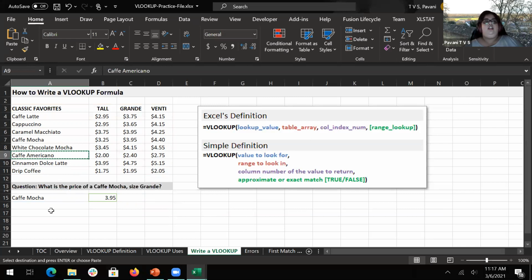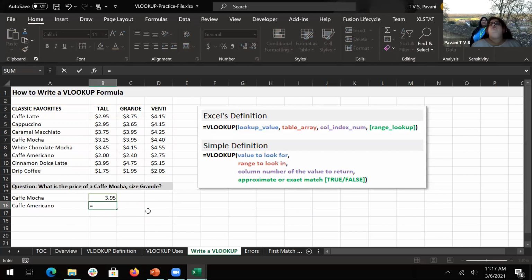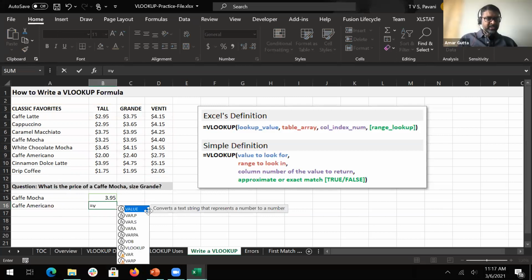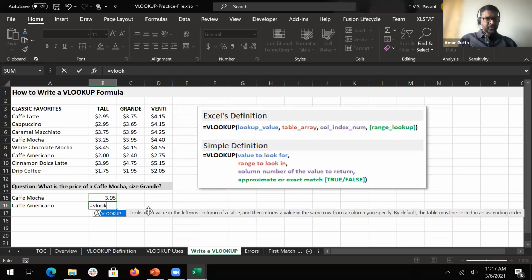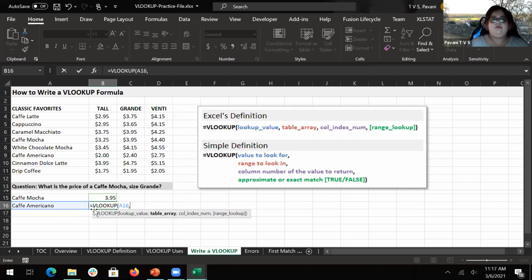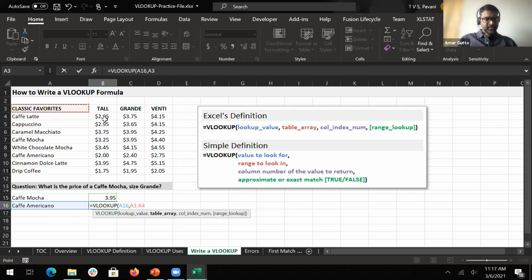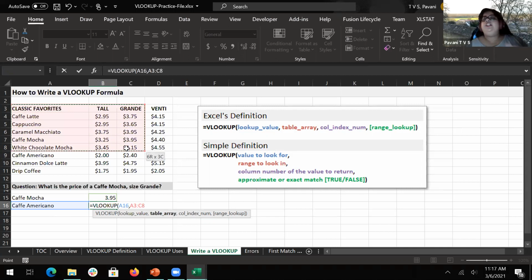So tell me how to get it for cafe Americano, venti is what I'm looking for. Can someone help me find that information here? Yeah, so first the box A16, right? We look up A16. Then the array, classic and all, like you selected. So this is nothing but your table array.